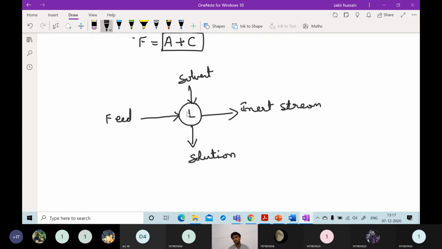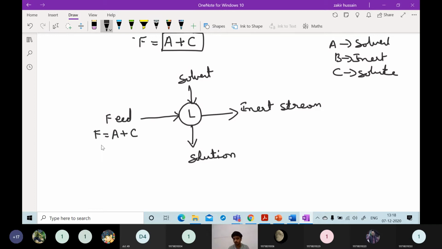Now our notation scheme, which we already know: A is solvent, B is inert, C is solute, or oil we can say. Now our nomenclature has to be defined in such a way that we omit B. For the feed, how many kgs of solvent plus how many kgs of solute is defined with the notation F. Kgs of solvent plus kgs of solute together in combination will be known as F. This is the first notation scheme.